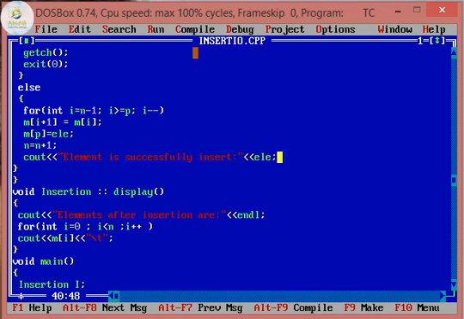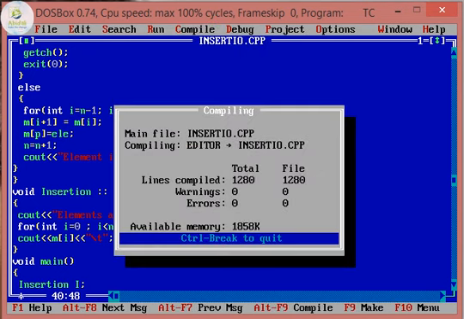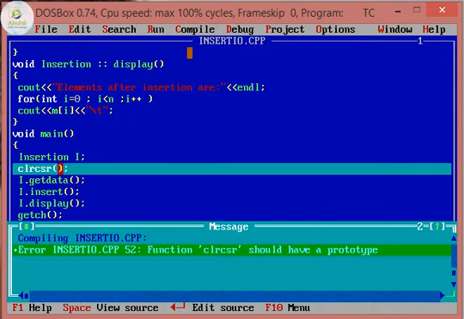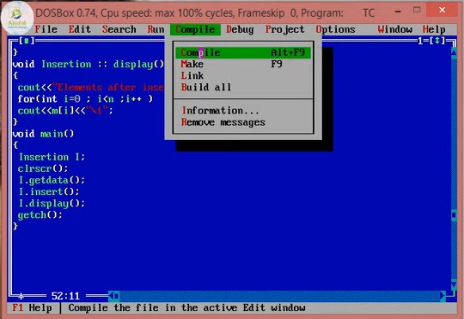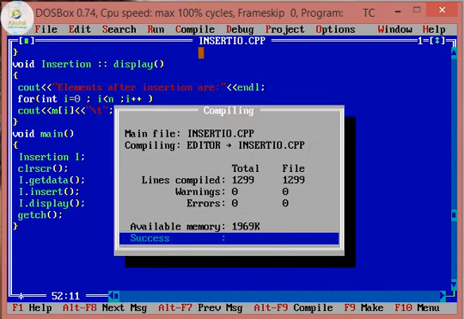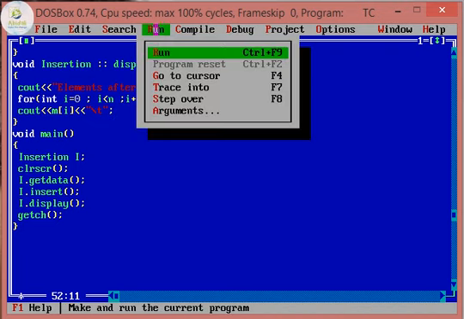Add it, compile again. Then read the error: clear screen spelling is wrong. CLR SCR is the clear screen that we need to write. Then compile it, 0 errors, then execute it.